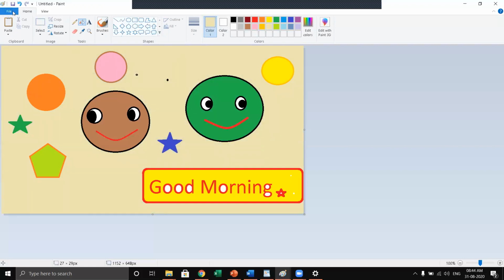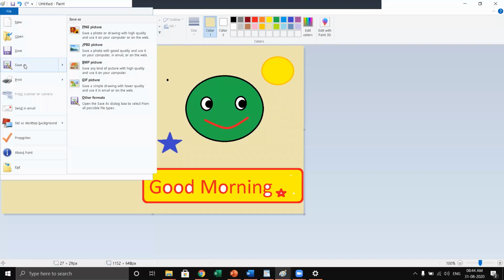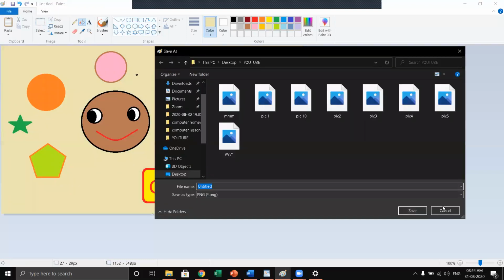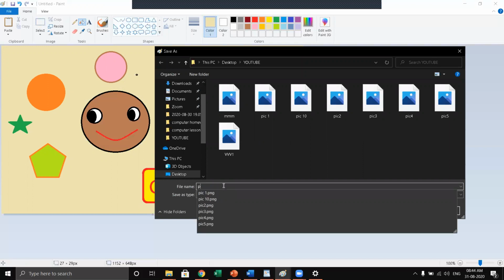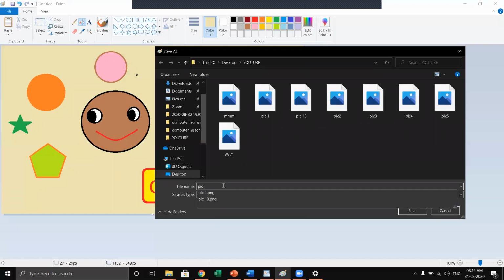I have to save my picture file. Click on save as. Okay. And then I will give the name of my picture exactly. I'll give here picture 11. And then I have saved it in my own folder. You will learn later how to create a folder. I will teach you that time. Okay. Now I'll save here. Save.